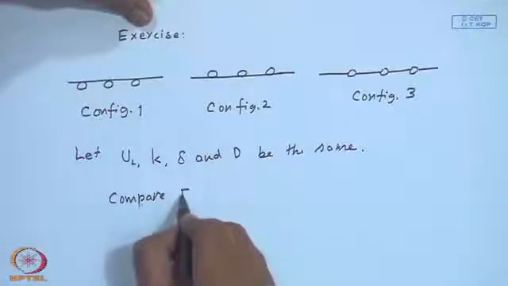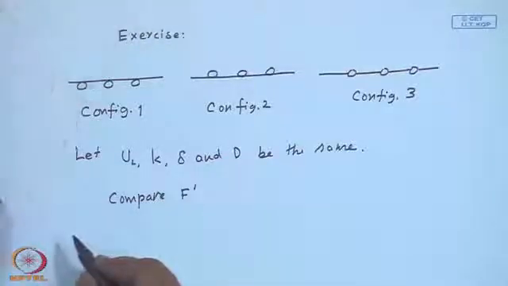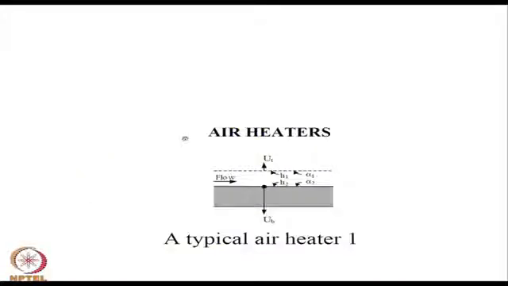I am having the same overall loss coefficient, same material thermal conductivity, same thickness and same diameter tube, but since my expressions for F dash are different, the values of F dash will be different. So, you can compare